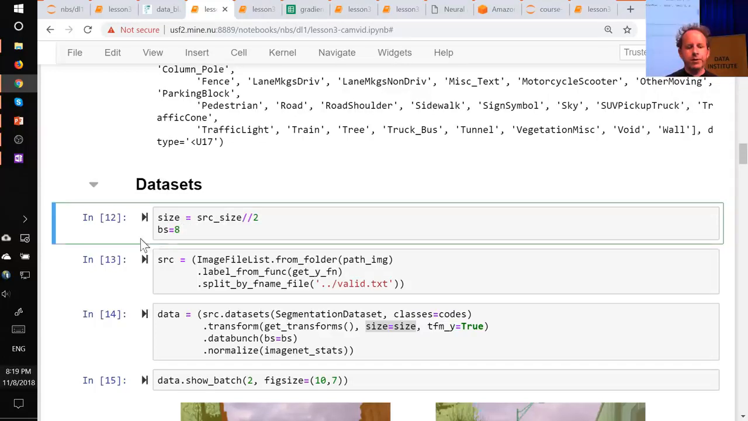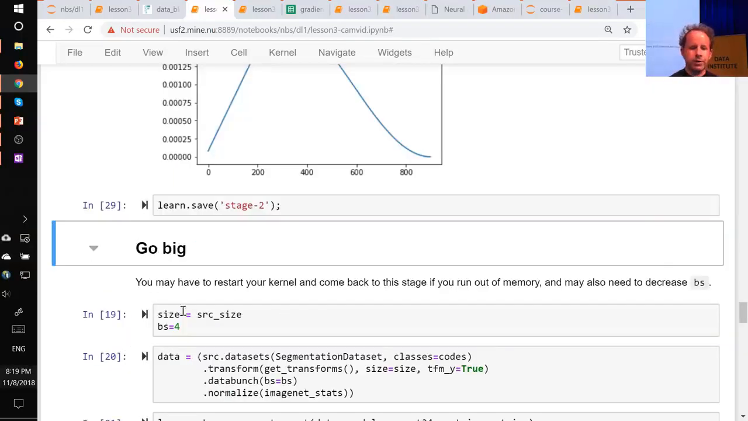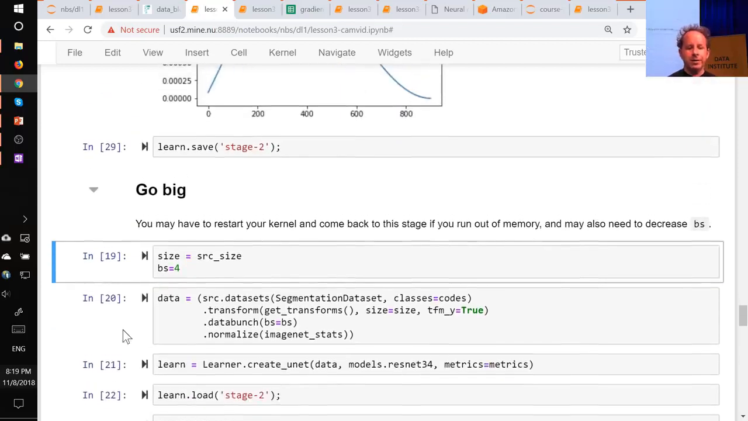And this isn't really solving the problem because the problem is to segment all of the pixels, not half of the pixels. So I'm going to use the same trick that I did last time, which is I'm now going to put the size up to the full size of the source images, which means I now have to halve my batch size, otherwise I'll run out of GPU memory. And I'm then going to set